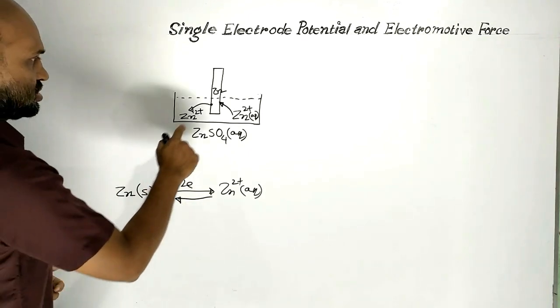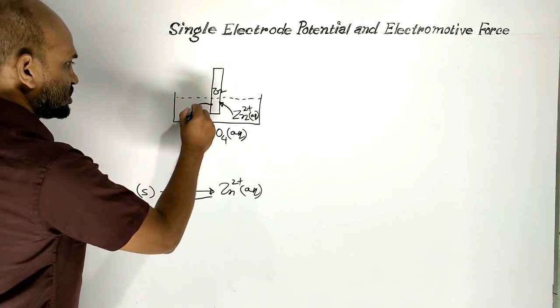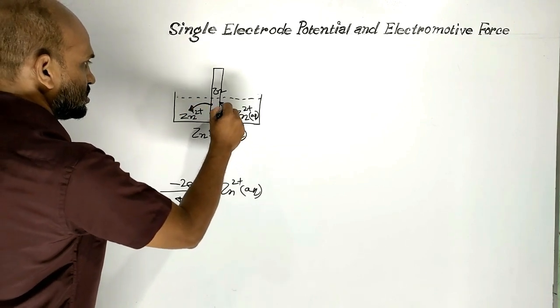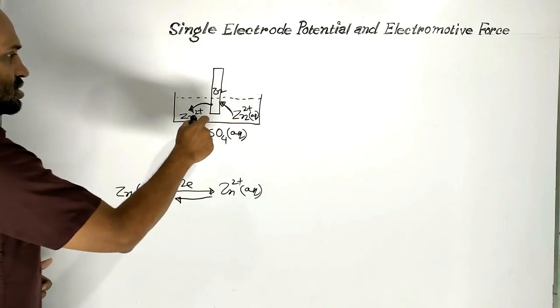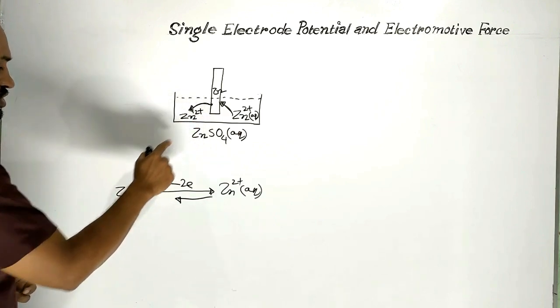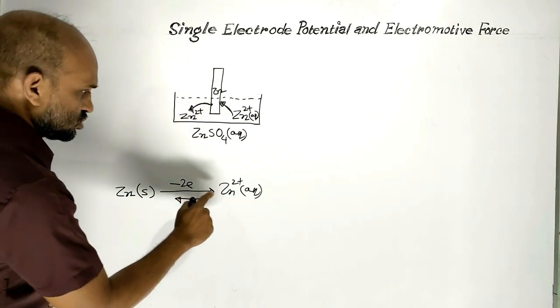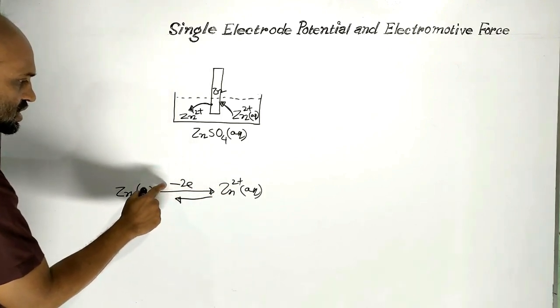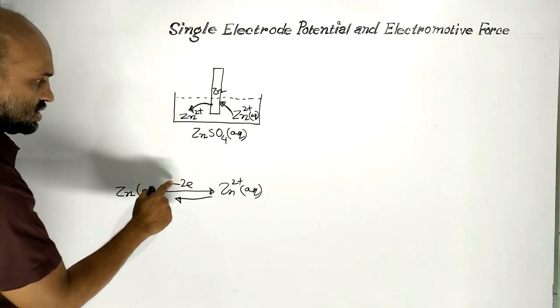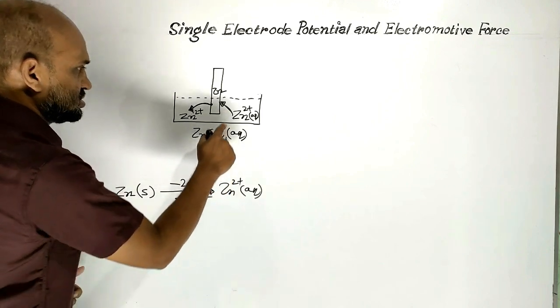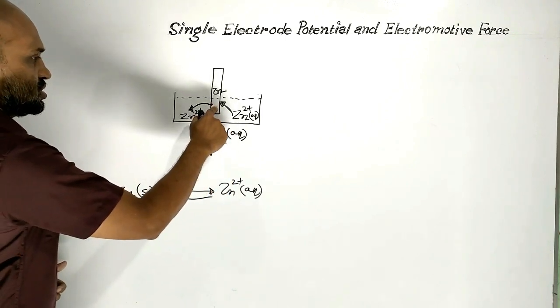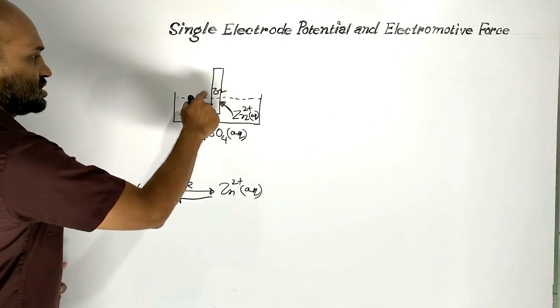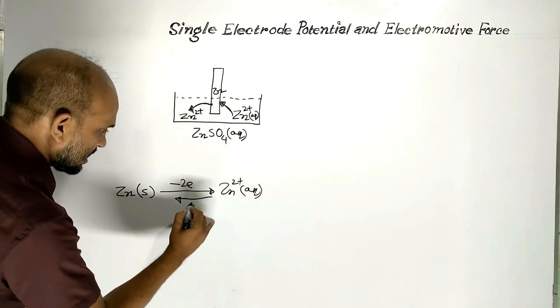That is, here both the processes continue. Zinc atoms go to the solution as zinc 2 plus ions, giving up electrons, and zinc 2 plus ions deposit on the surface of the zinc strip, accepting